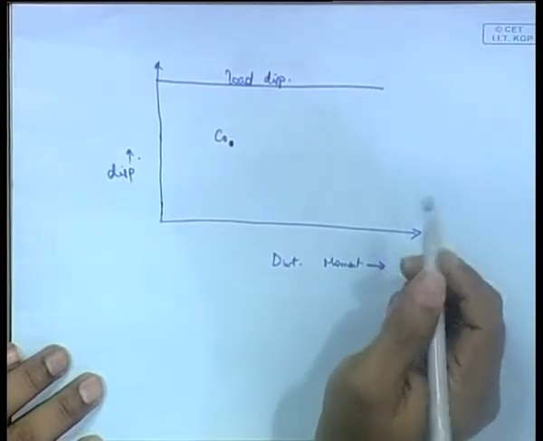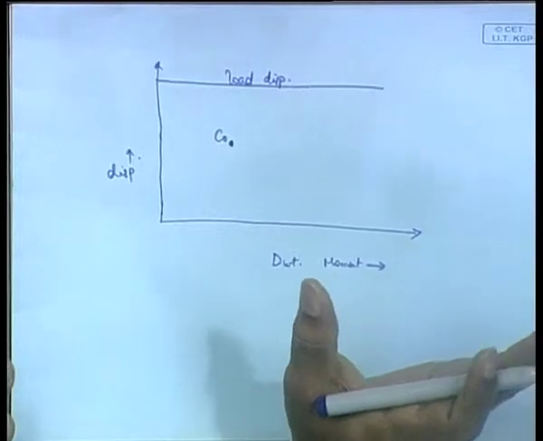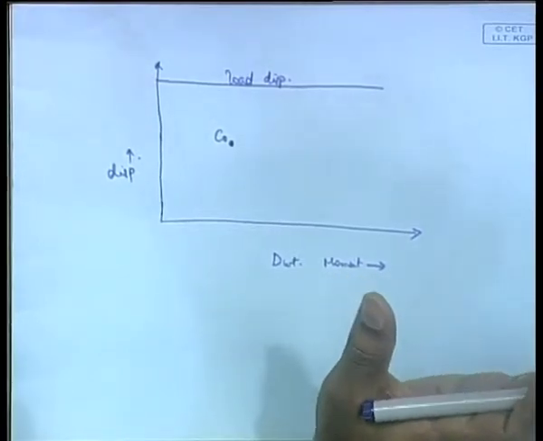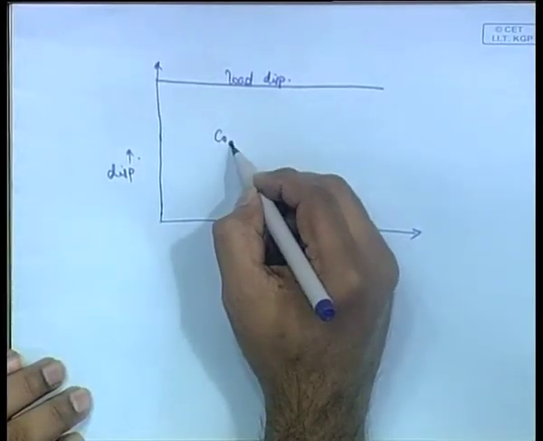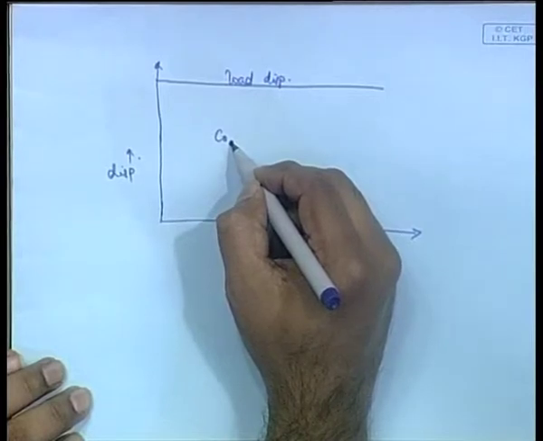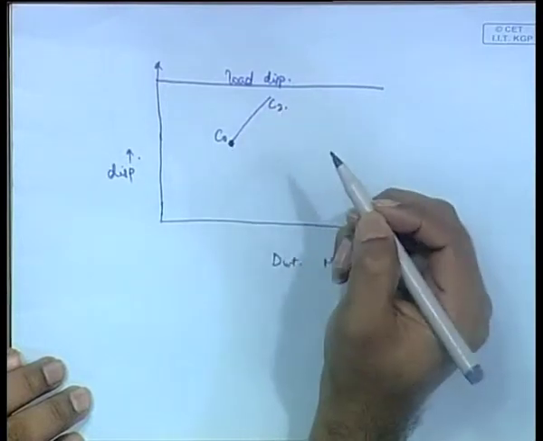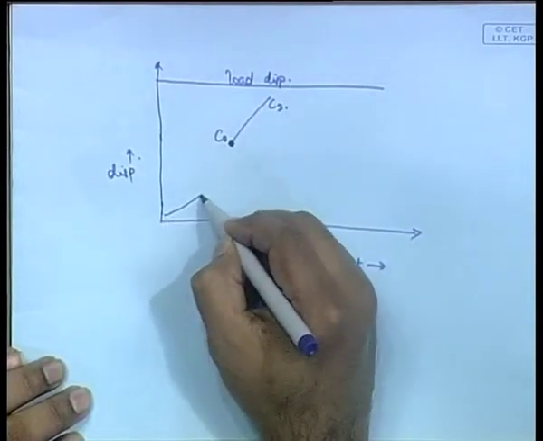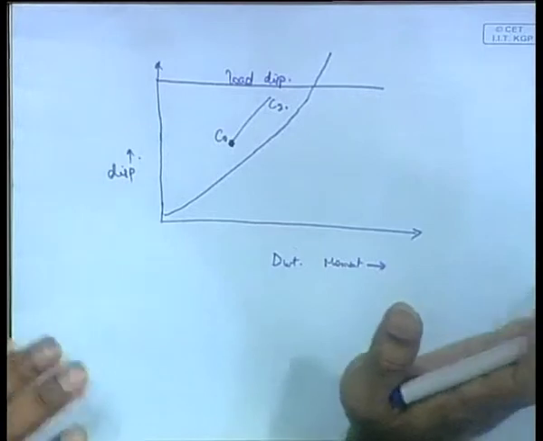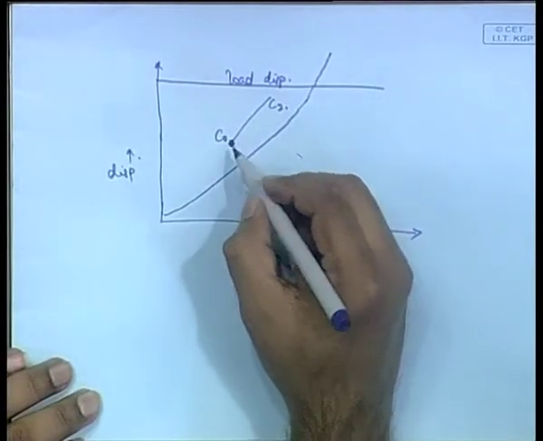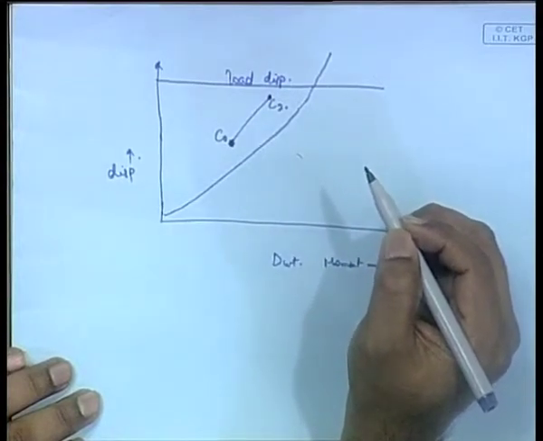One of the directions is that some weight is added to the ship. Note that whenever some weight is added to the ship, its dead weight moment will only increase. So if you draw a line from here to the final state, it will go to the right only. Somewhere it can go here, this is one possible C2. If you have this limiting curve, beyond this it is inadequate, here it is adequate. So, this condition is okay. We can say that this C2 is a stable state, that is one possibility.